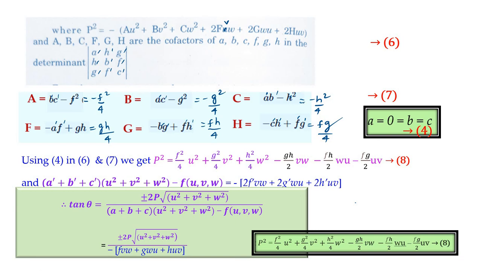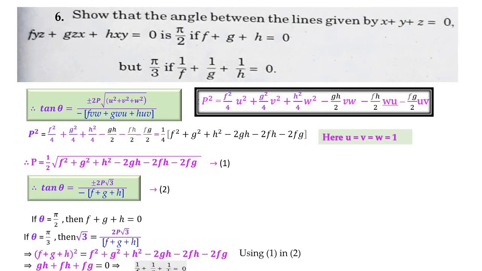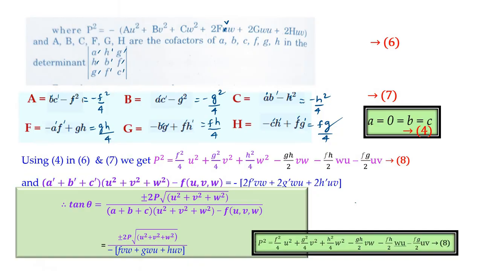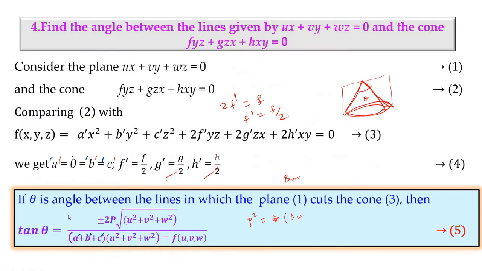You have A prime. If theta is the angle between the lines in which the plane cuts the cone, we have this. This is equation 4. This A prime, B prime, C prime, and all you are substituting, they are all 0, and F prime, G prime, H prime. So you have